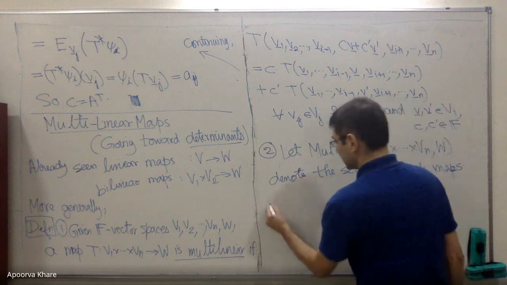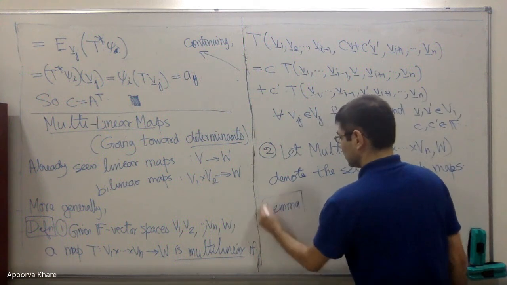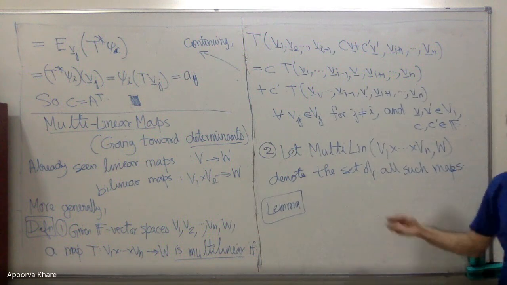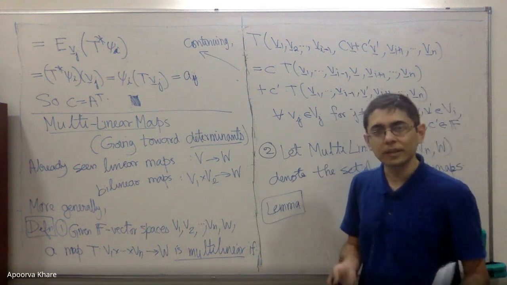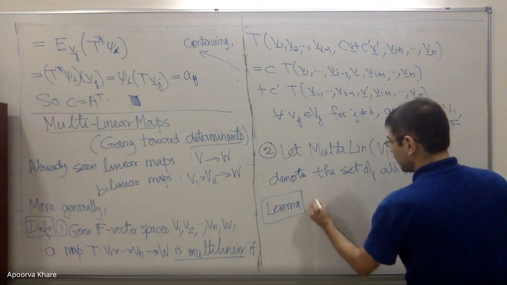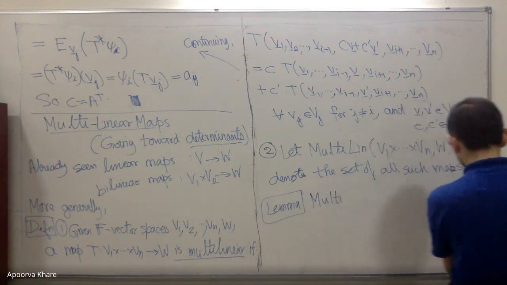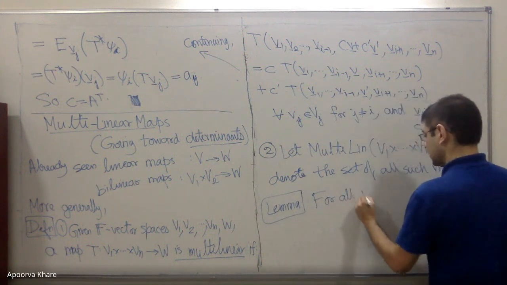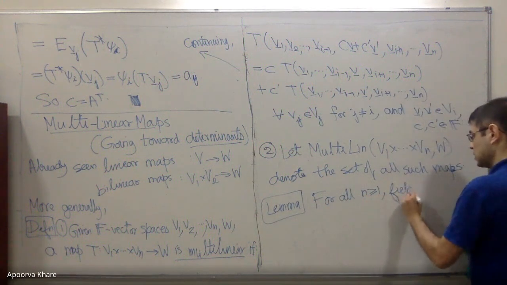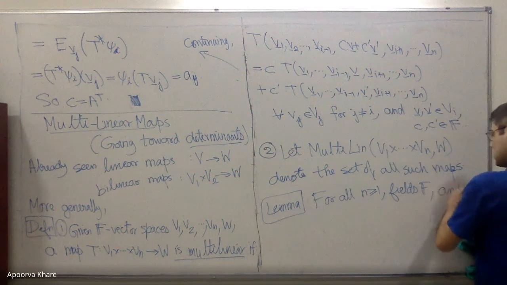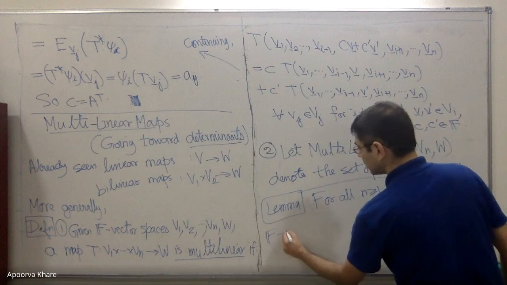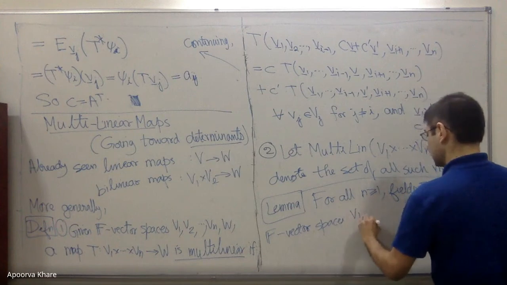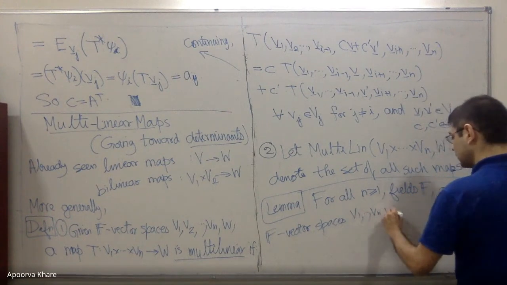Okay, great. So now, theorem, lemma. It's really a lemma, it's really nothing. But this is a vector space. Because these are all maps, that means they're all functions, right? So it's a vector space under pointwise addition and pointwise scalar multiplication. So multilin, I should probably say for all n bigger or equal to 1, fields F and F vector spaces V1 through Vn and W,